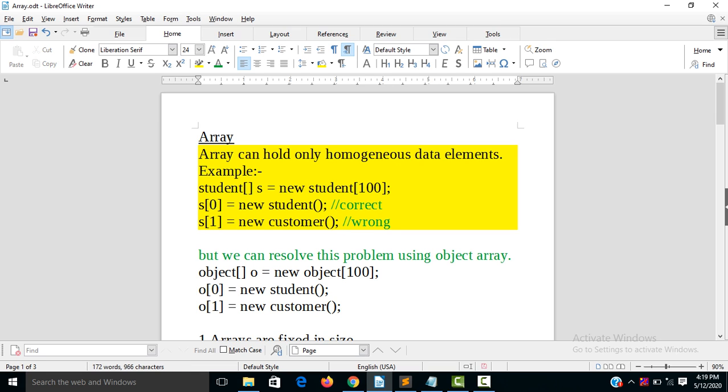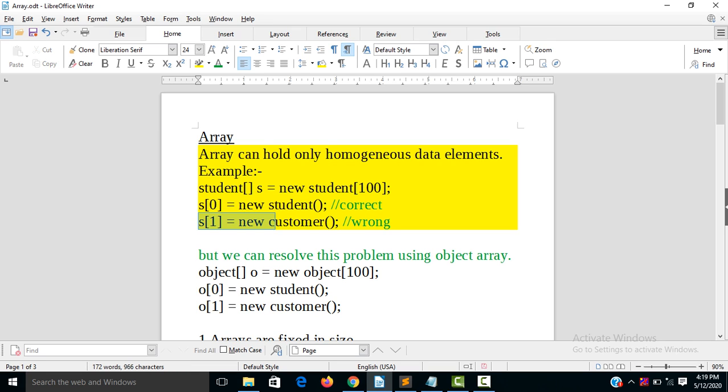So here is a student type of object, not a customer type of object. That's why the customer type of object can't store the value. A student type of object is able to store the value only.